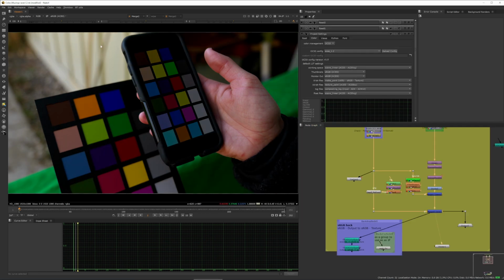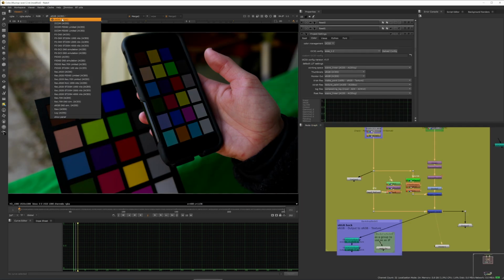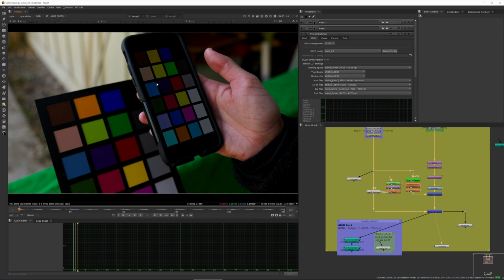What's happening in ACES 1.2 is this process has tone mapping applied. So it's got a little bit of a knee and a little bit of a shoulder where it's pulling all those highlights down, and it's kind of pushing some of the shadows down as well. So we get this image that's much darker, and there's a quick workaround. The best workaround is to actually modify your ACES config, your OCIO config for ACES 1.2, and just add or change the sRGB viewer process to sRGB texture